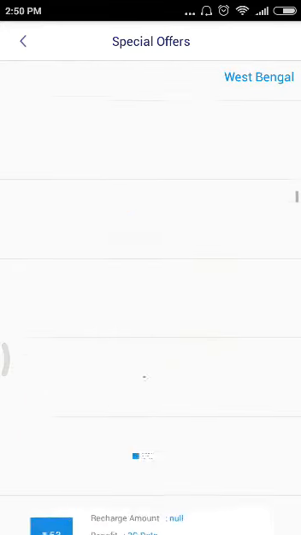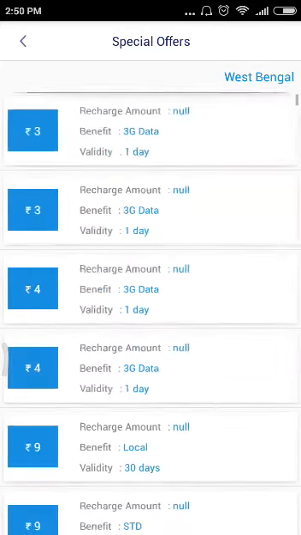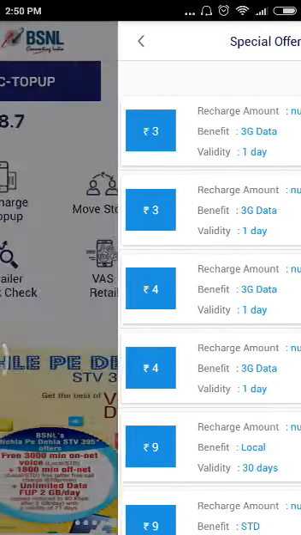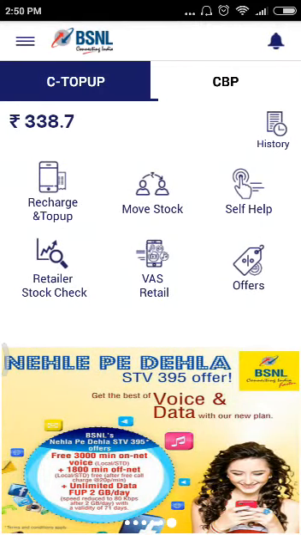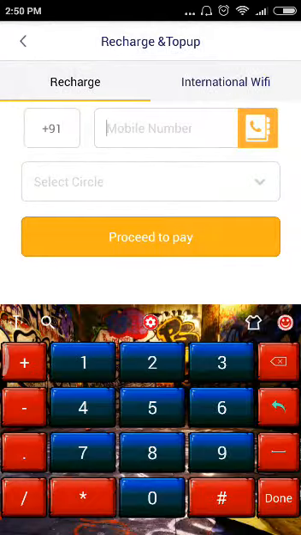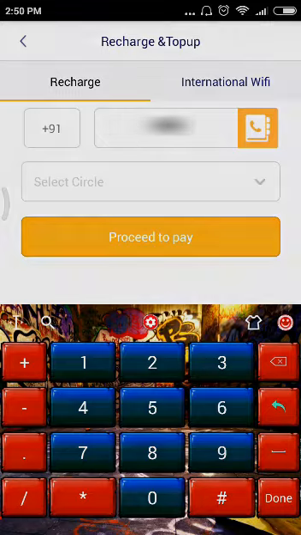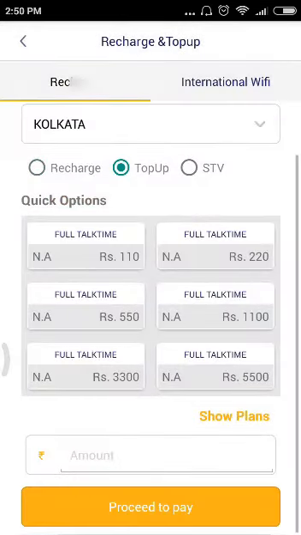Whatever running offers they have, we will check all this in the next video. This is quite a handy app where you can do transactions and everything. Everything is getting fetched over here if you want to do any transaction. Nice, not a bad thing.